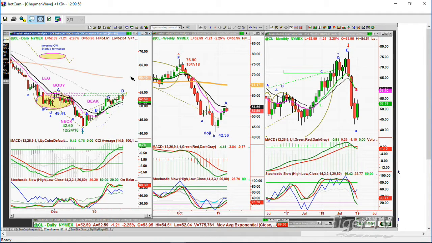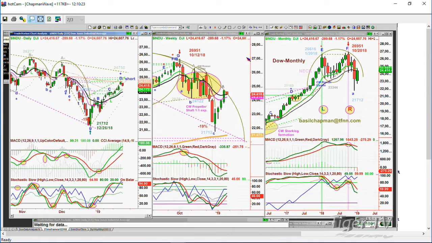There's going to be more testing of lower levels, maybe not the low of 42.60, but lower levels than where we are, to form some kind of a basis. The MACD in the weekly chart, because the technicals on the daily are pretty good, but the weekly technicals need to improve a lot. And of course, the monthly looks terrible. The reason why I wanted to say that is, look, here we go. Dow,